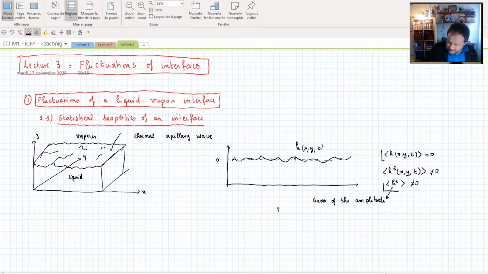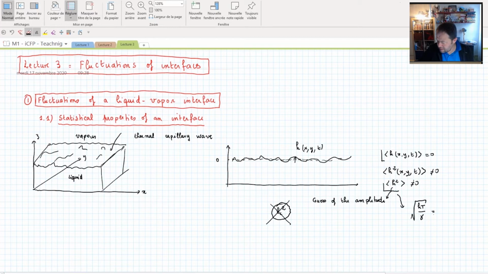Well, Gosset says l_c square. Let's forget the factor of 2. Yeah, I mean, this is huge. It cannot be like that. You know that the thermal fluctuation of a liquid cannot be something like that. And I think that Amélie's answer seems a little bit better. She says kT over gamma.